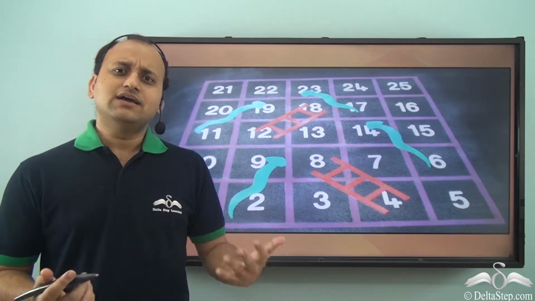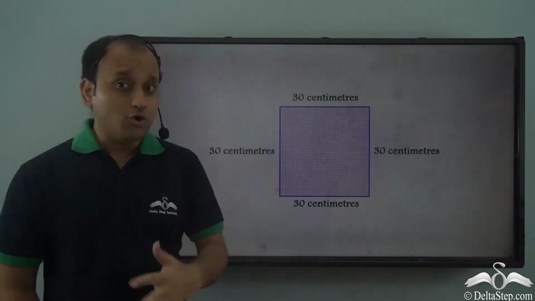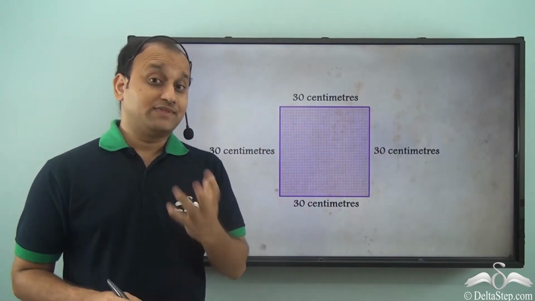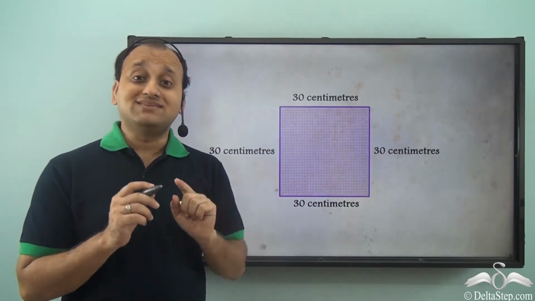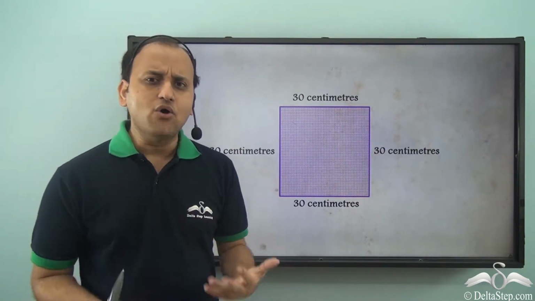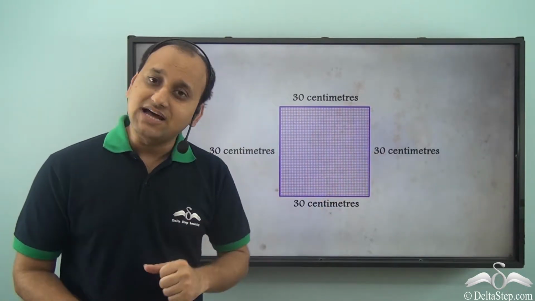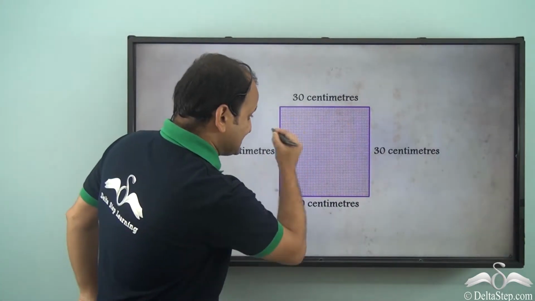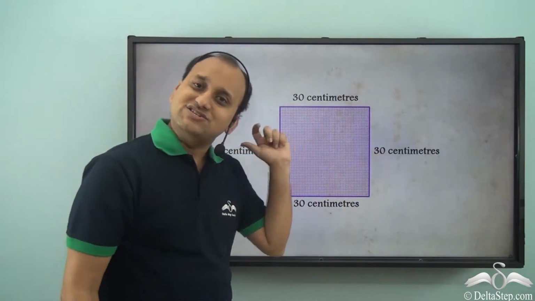Now, for that, he cut out squares from a piece of cardboard. By joining 6 such squares, he was able to make the die. Now, he wanted to cover each face of the die with a chart paper individually. So, he needed to know how big a chart paper he needs to cover each side of the die. So, basically, he needs to know this entire space which is occupied by each square.